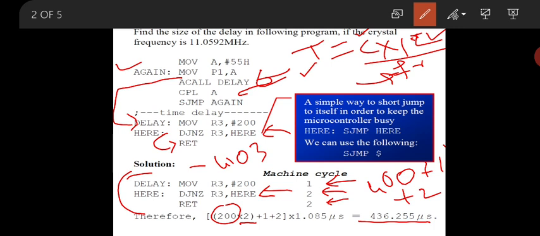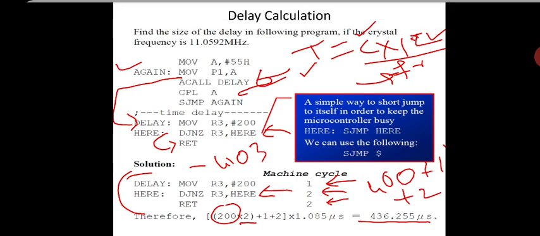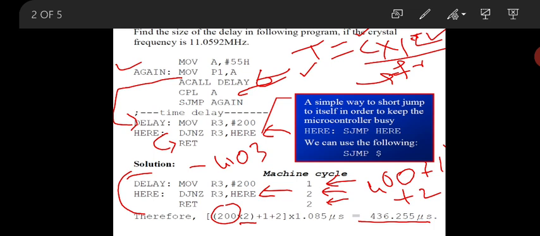So this is how we calculate the time consumption of a delay program. I hope you understood. I'm not calculating a time delay for the whole program; it is not required. I require a time delay for the particular line, ACALL delay, that we are calling. If you calculate for the full program, it is of no use, since it will give the total execution time of the program, which is not required. We are calculating the time period of a particular delay program.